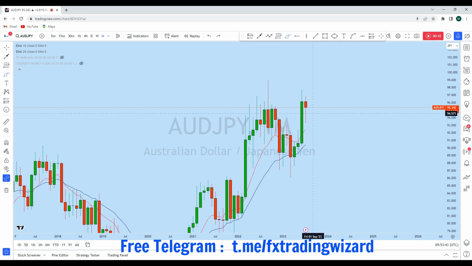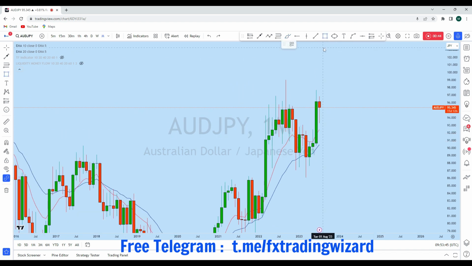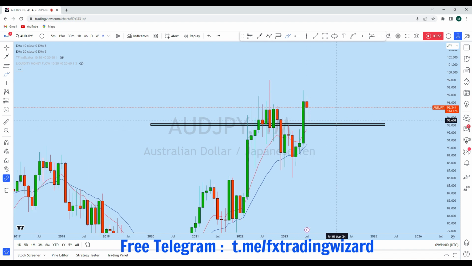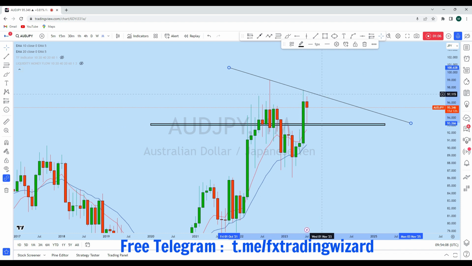Now with that impulse this month, we have seen that Aussie yen primarily tested this previous resistance, the neckline of this previous resistance, as a support, and so far we see that a long wick candle is being created. Now with that long wick candle, I think that as it's a long-term bullish market, we can expect the price to slowly go up and break this monthly resistance. At least we can expect a retest of this monthly resistance before breaking to the upside or again rejecting towards